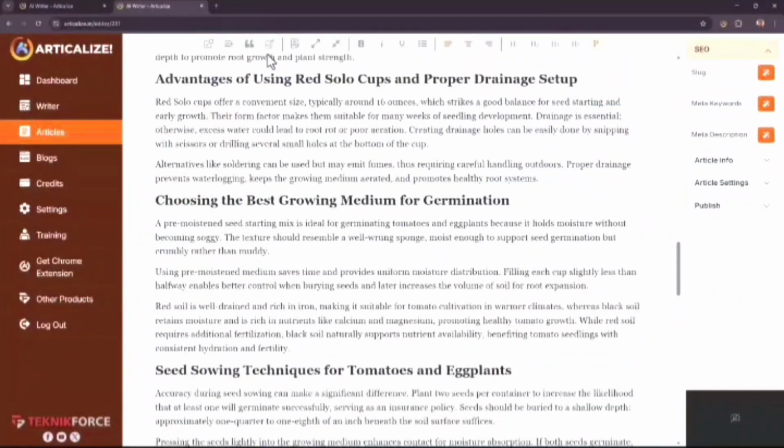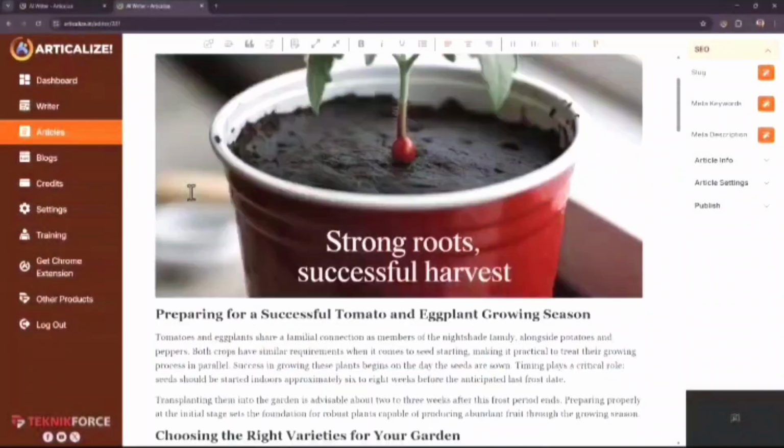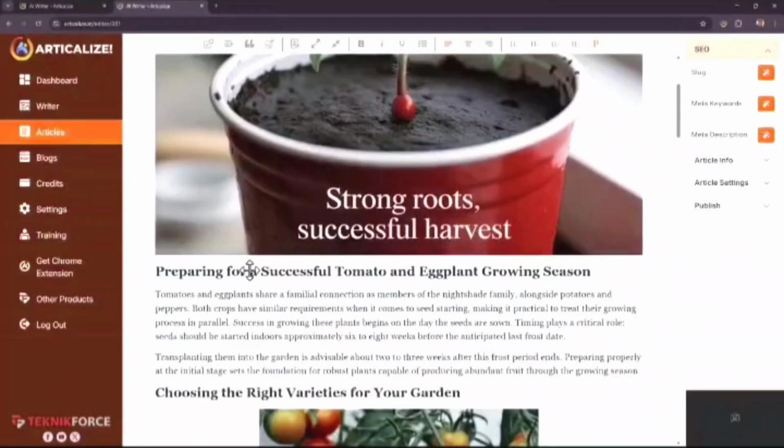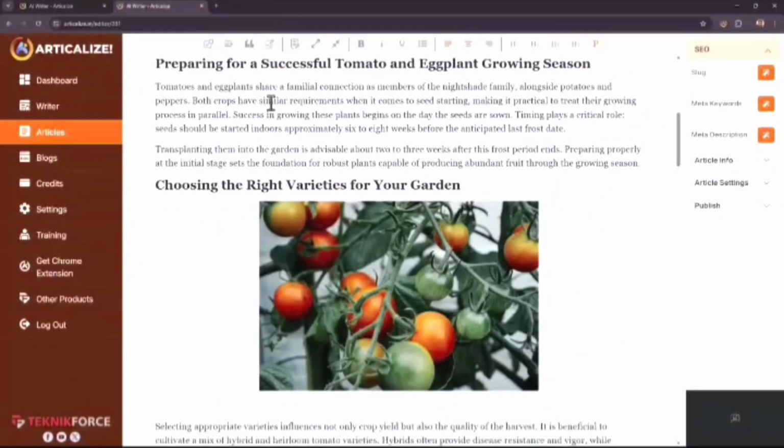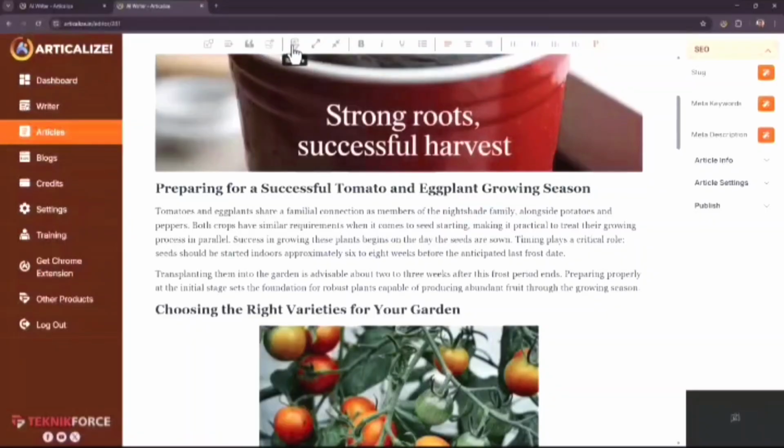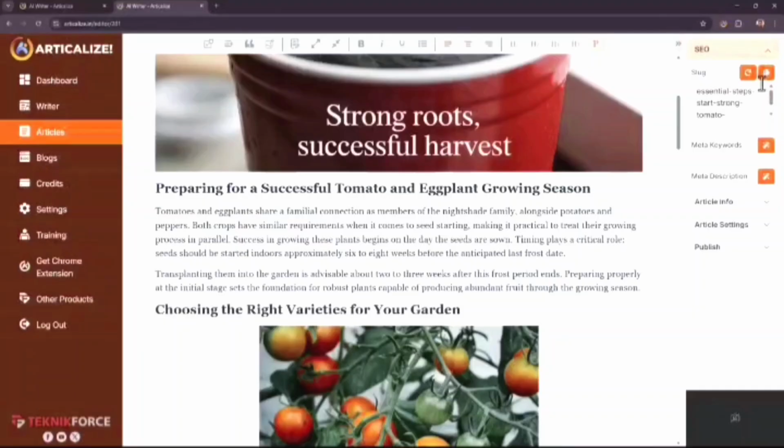So imagine, this is not just an AI generator that blindly generates articles. It's a full-fledged AI editor with the best features. You can rewrite content, you can expand, you can reduce content, you can style content, of course. You can align things, make things heading or paragraph as you want. It also does your SEO, by the way. So it will prepare the slug. If you click on this button, here's a slug for the article. When you post it online, you can use this slug.